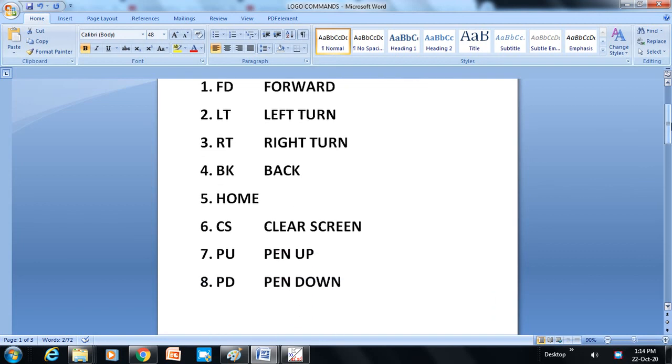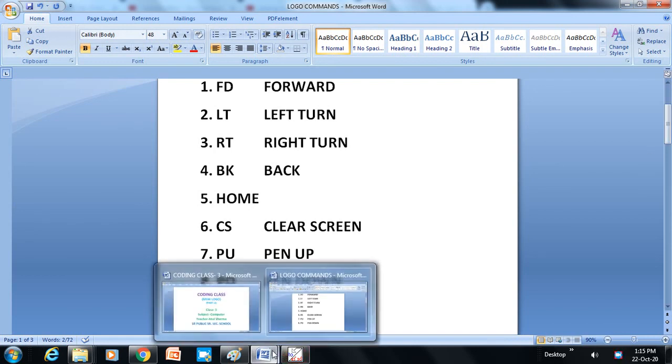It is a very good software. Using this software you can create different shapes. You can understand the concept of coding. You can develop your analytical skills. So install this software in your computer or laptop and create this type of shape.